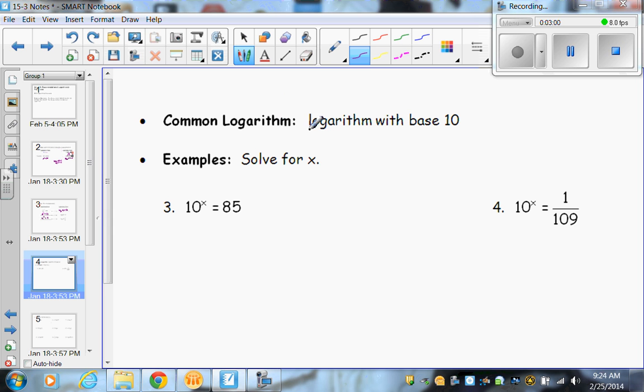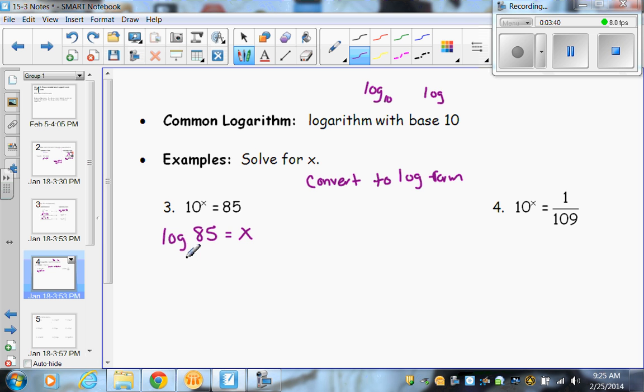As I mentioned earlier, if it's log base 10, you're just going to see it written as the log, and that's because it is what we call our common log. It has a base 10. So if I'm solving for x here, it's in exponential form, so I'm going to convert it to log form. So that tells me that the log base 10, but remember, we don't have to write that, of 85 equals